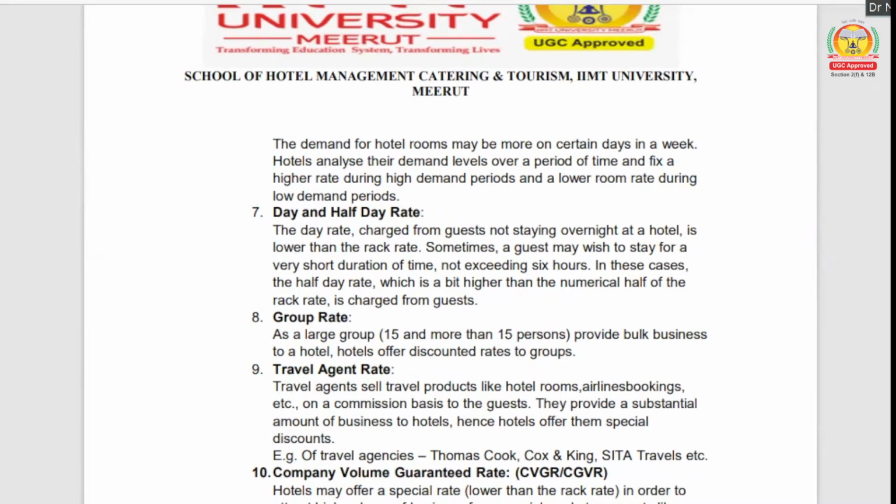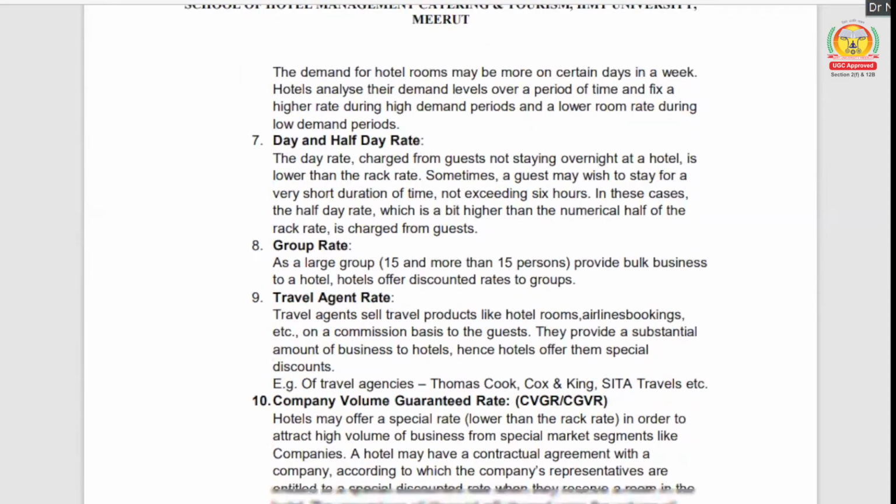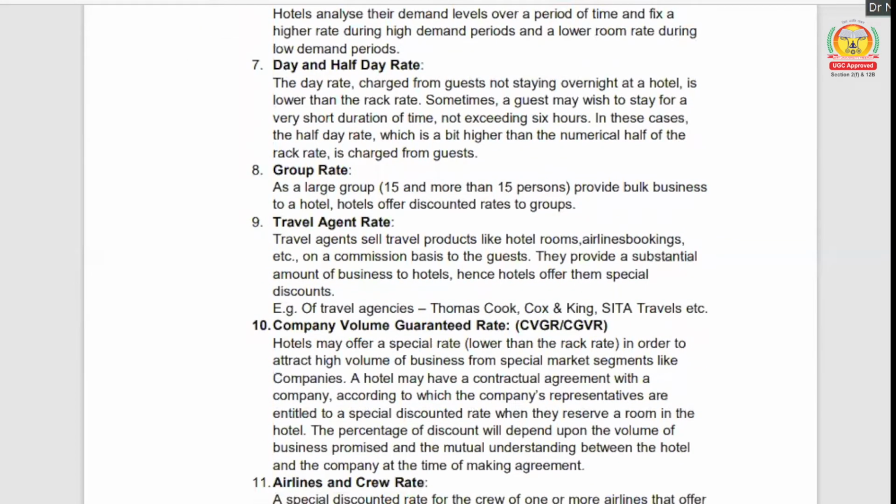The day use rate is another type of rate charged from the guest, not staying overnight, right? And it is lower than the rack rate. Sometimes a guest may wish to stay for a short duration of time, not exceeding 6 hours. In this case, the half day rate will be charged on the rack rate, and the guest can conveniently